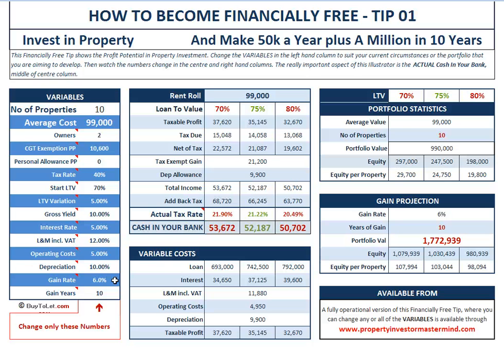But in any event, it's possible to buy properties in locations where you could reasonably expect to see a gain rate of 6%. And I've taken it as a 10-year period for purposes of this illustrator. Now, change the gain rate, and this again is quite sensitive. Here we've got the effect on the portfolio value at the end of 10 years with a 6% gain rate. So we've got a portfolio which is starting off at just under $1 million, going up in value to 1.77